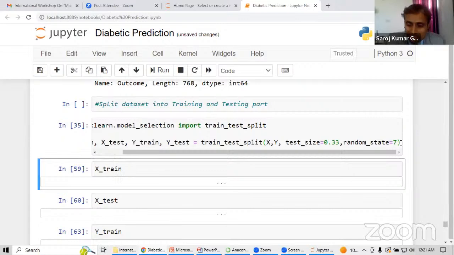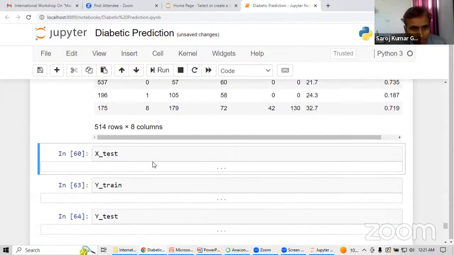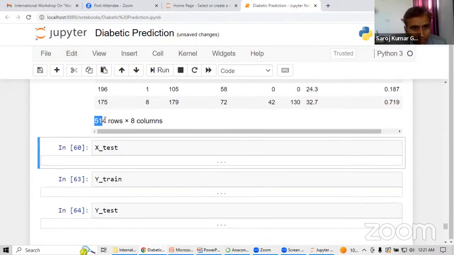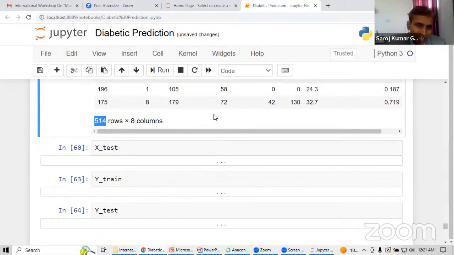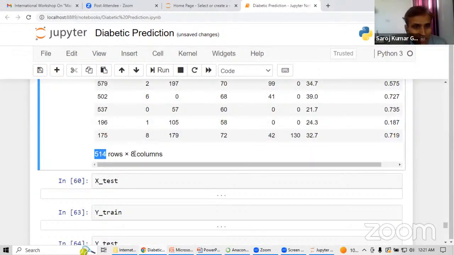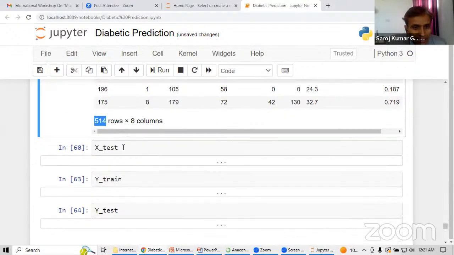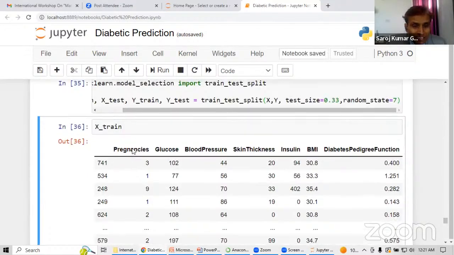Okay. So how you can execute? Again, I repeat, shift plus enter, you can execute it. And while printing each individual, you can see here only 14 rows are there in this. You can see total data was 768, but after splitting, the X train has only 514 values, and the X